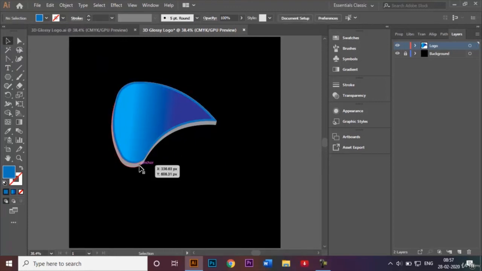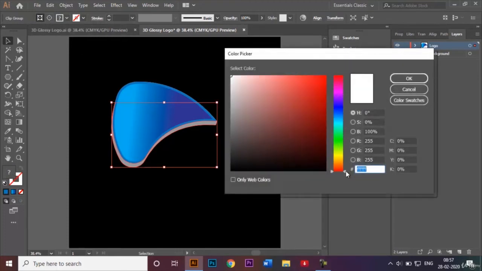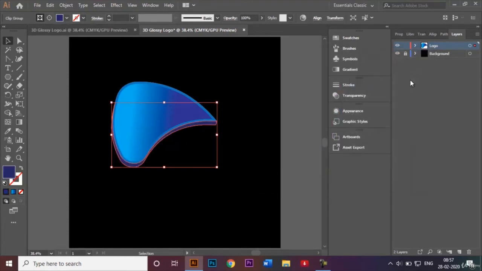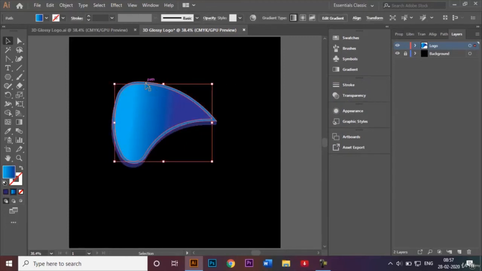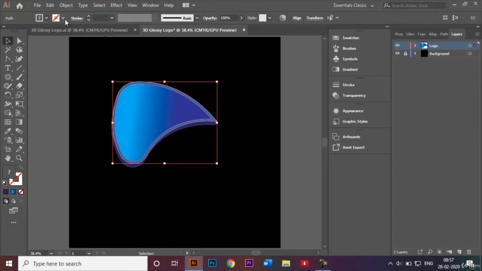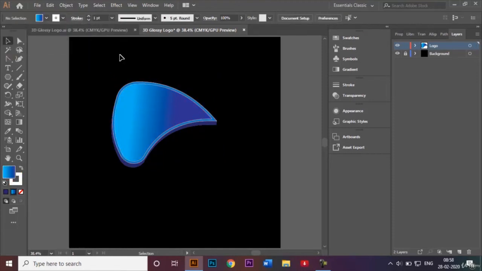And over here in the 3D part, I'll be adding a much darker shade of blue so that you can make out that it's 3D like that. Now we can just go ahead, I'll select this and I'll select that and I'll add the stroke to be white like that. Now you can see it looks a lot better and it's somewhat giving a